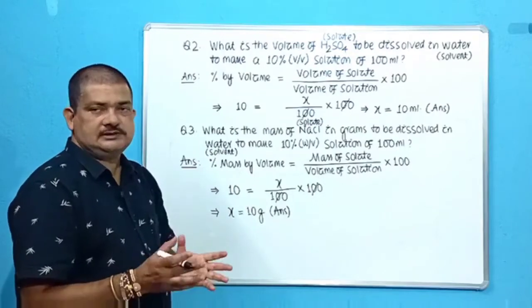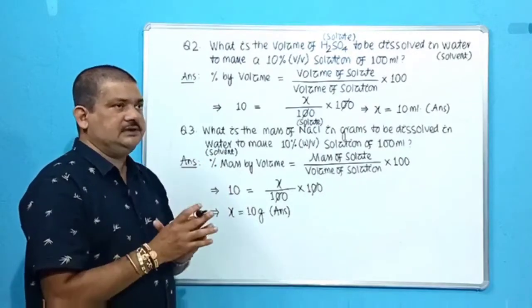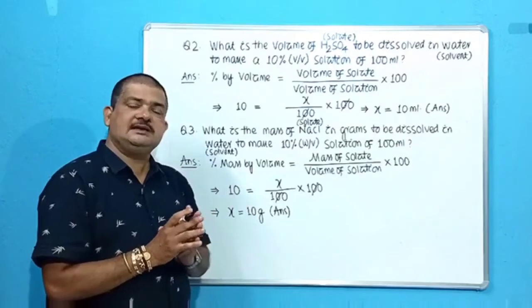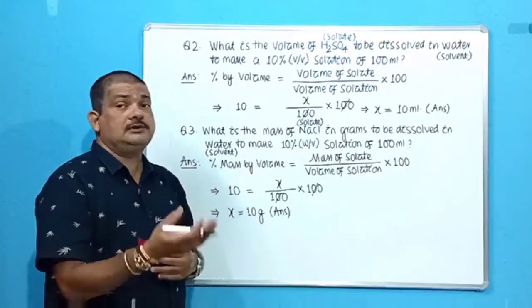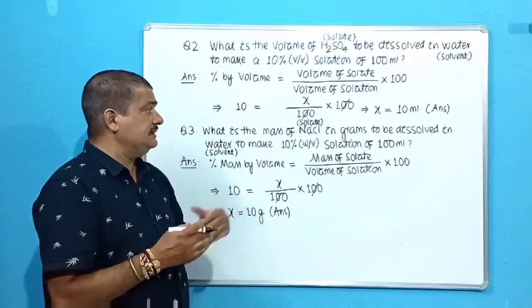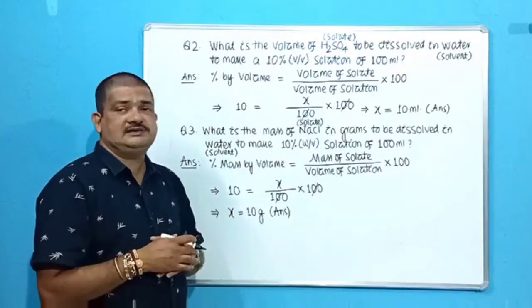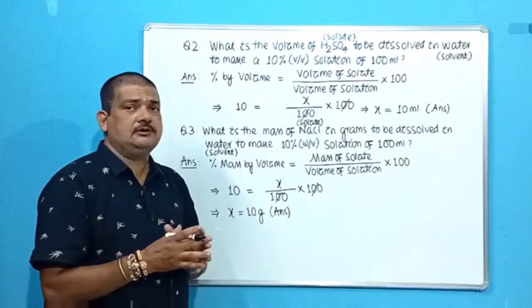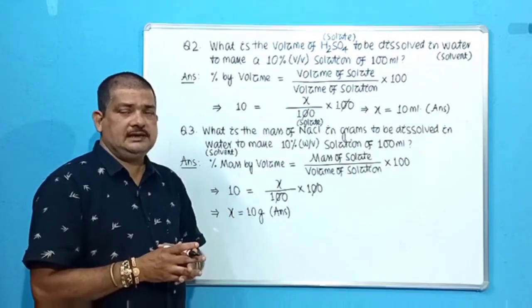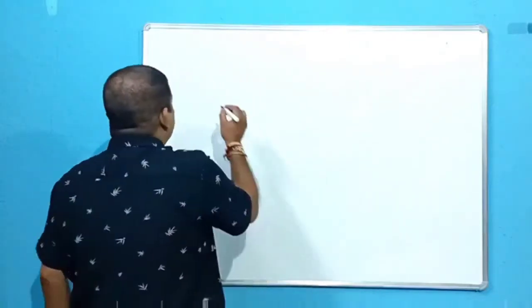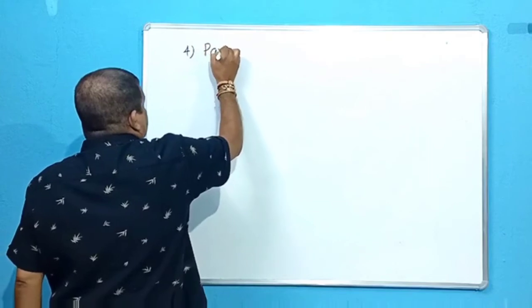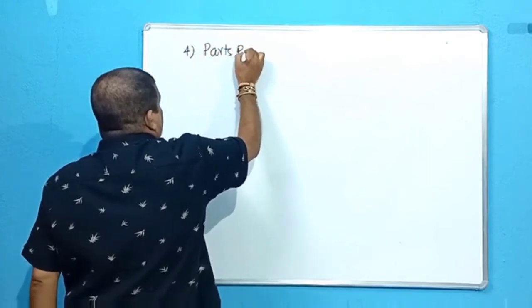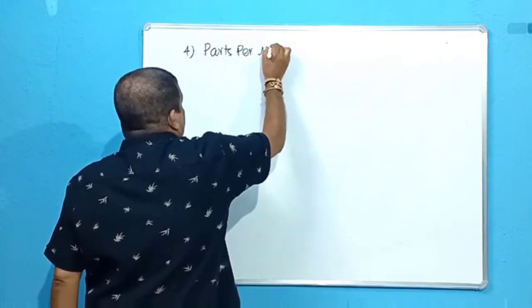These are easy numericals which may not be given to you, but for the basic understanding these are required. So once again I tell you, go through the last video once again, then watch this problem being solved, so it will be clear to you. Okay. Next we'll proceed to the next unit. Next we'll go to the fourth unit, that is called parts per million.